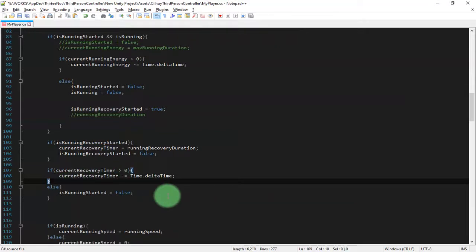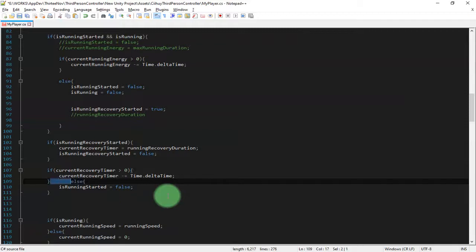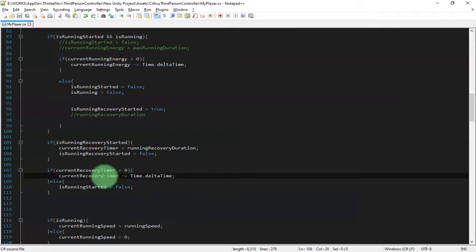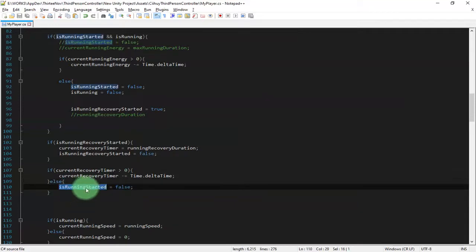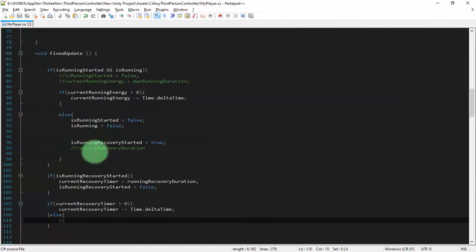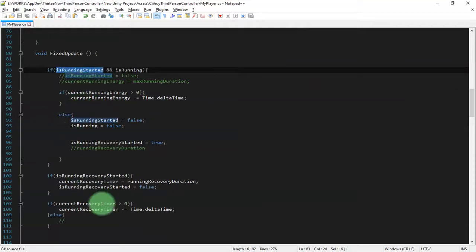Else, if the recovery timer has ended, what to do here? Here I need to set the value of isRunningStarted to true.